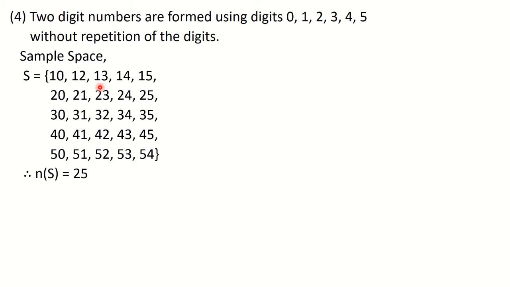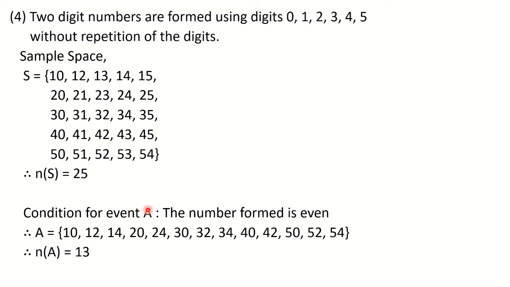Okay, it is very easy to find also. It is very easy to write down afterwards the sample points from the events also. So keep the habit of writing in this way only. Okay, so n of s is 25. Now let us go for the first condition.